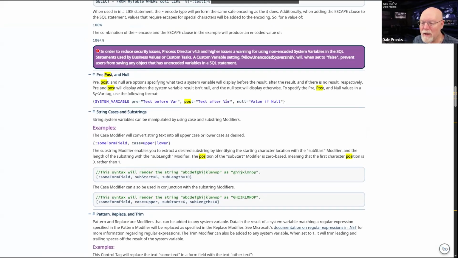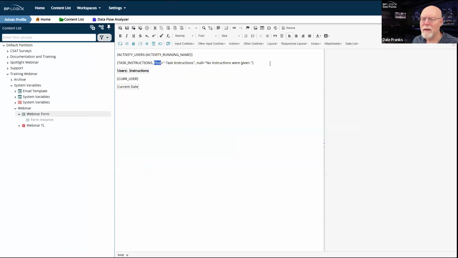Text, pre, post, and null. Okay, weird. Not sure what happened there, but we're going to go back and that instruction should work, assuming everything else is working.